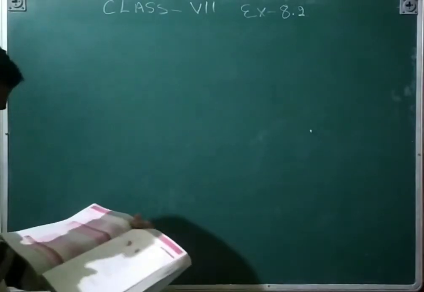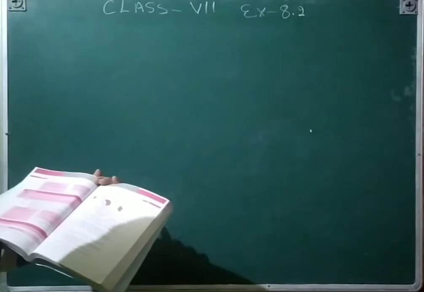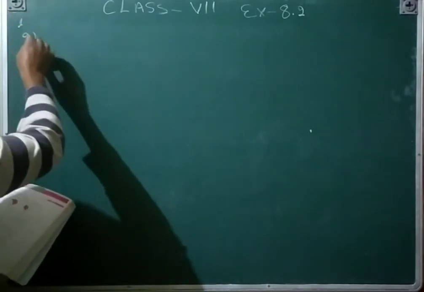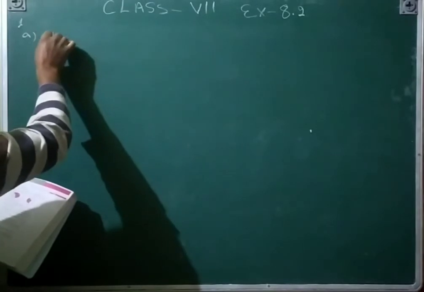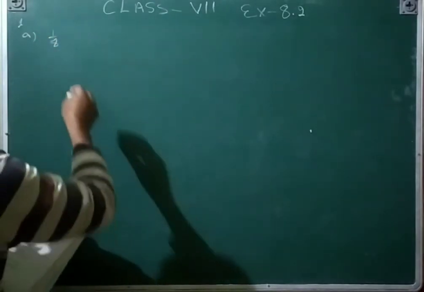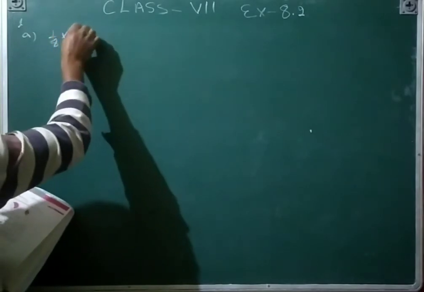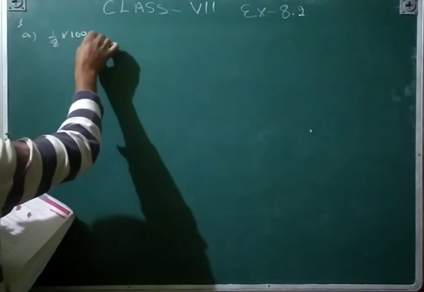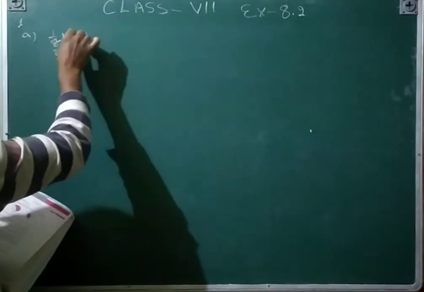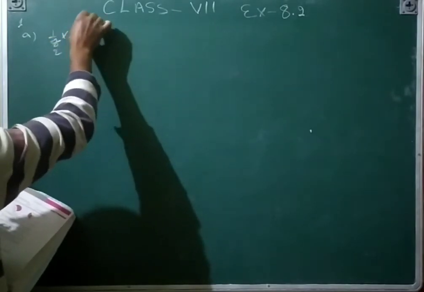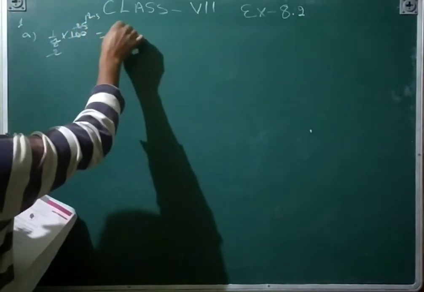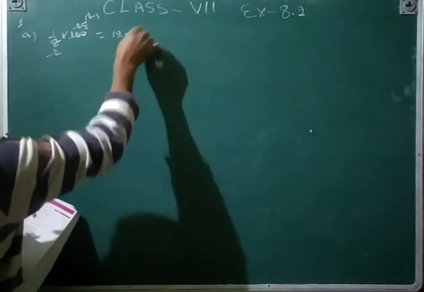Exercise 8.3. Convert the given fraction number to percentage. First, very easy: 1 upon 8. We are converting a fraction to a percentage, so here you will multiply by 100. That cancels: 4 2s are 8, 4 25s are 100, and then by 12.5. So that is 12.5 percent.